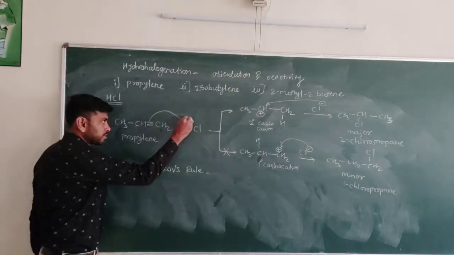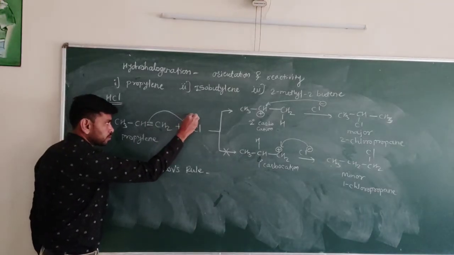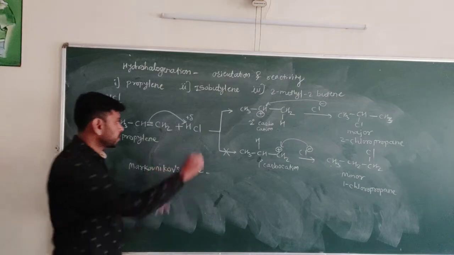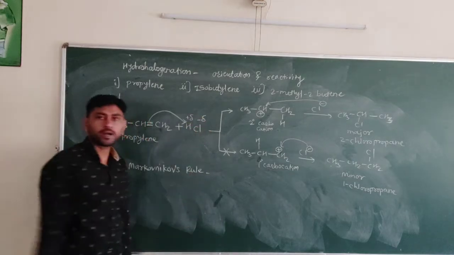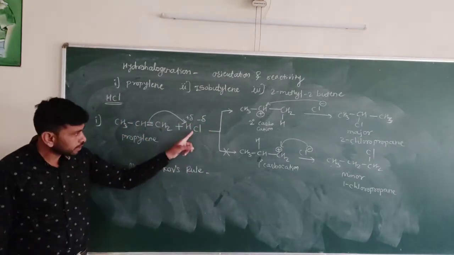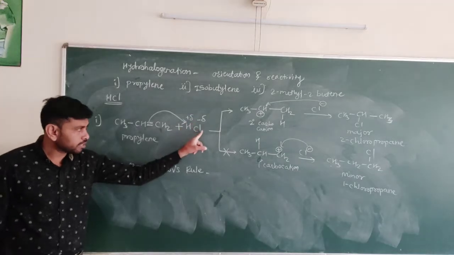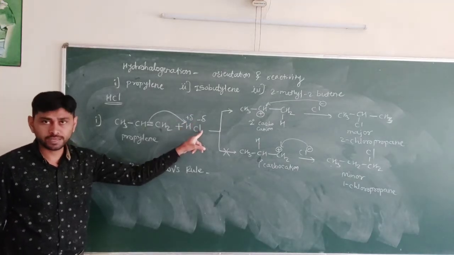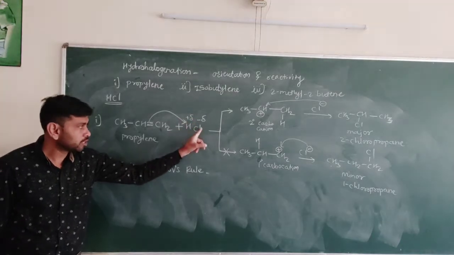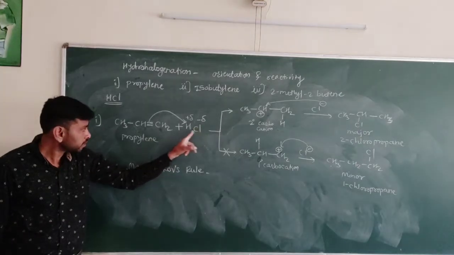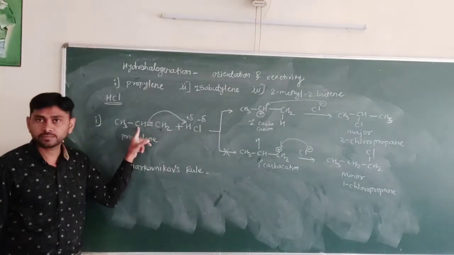In an addition reaction, we know that this is the positive part of the reagent and this is the negative part of the reagent. In an addition reaction, the negative part of the reagent attaches to that carbon atom